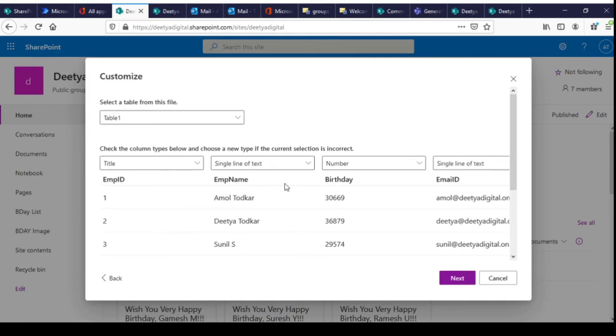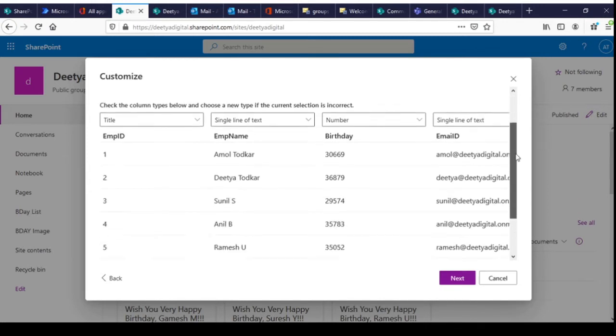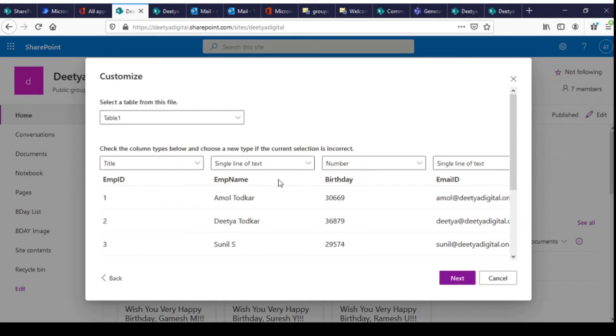So we need these basic fields like the employee ID, employee name, the birth date, and the email ID. Why is employee ID required? It will be useful for the HR team only, to search for the employee using the employee code if he or she has resigned, to remove that record from the birthday database.